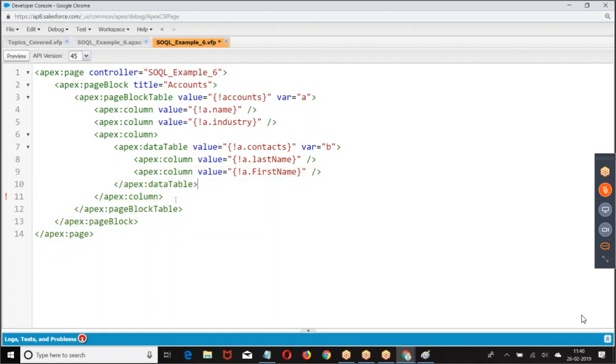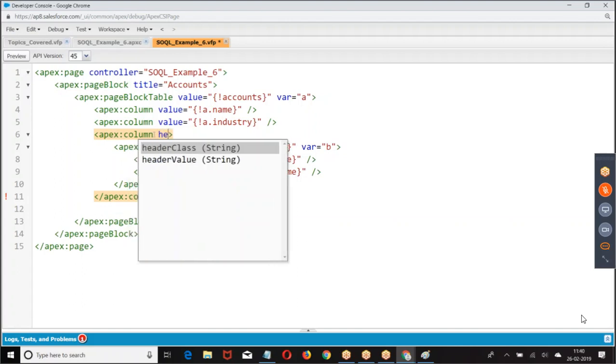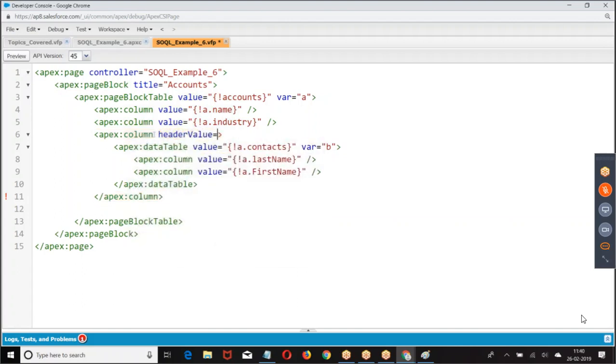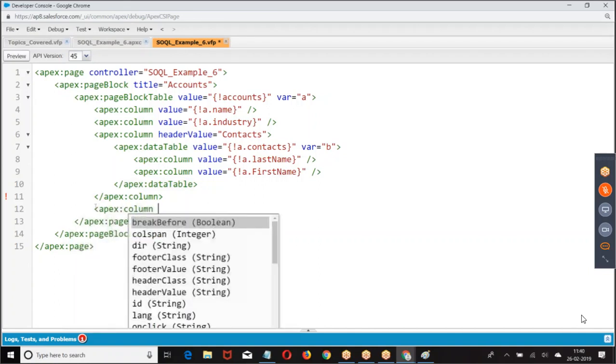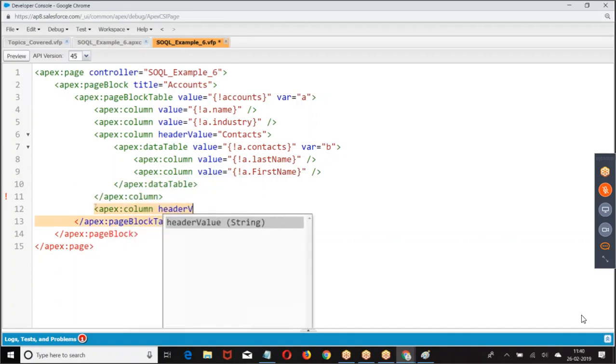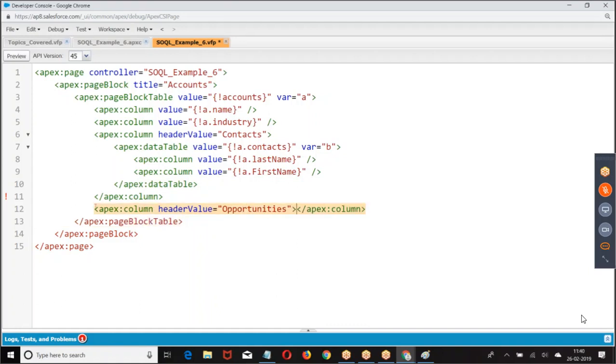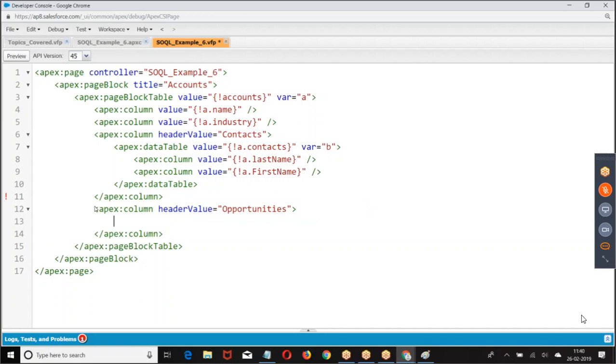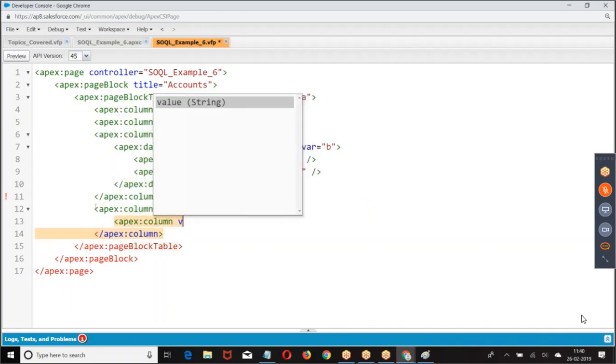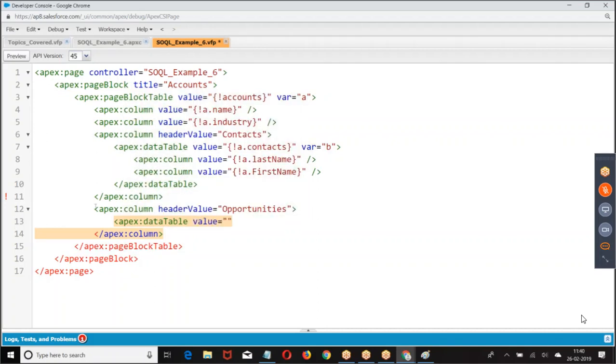Then we had a next column, value equal to opportunities. Then I had a repeat or data list, A dot opportunities.